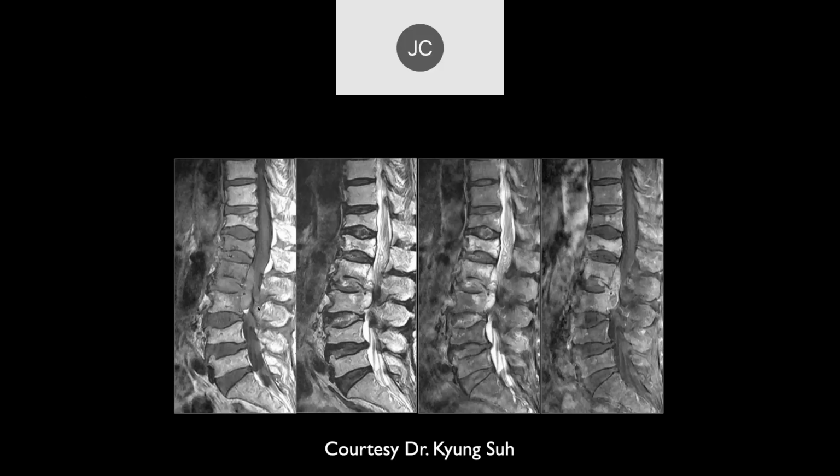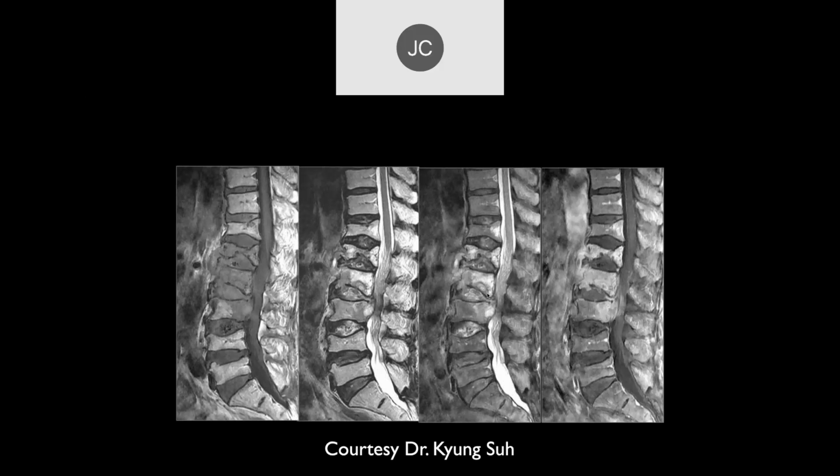You can get more than 2 levels with bacterial type infections, but generally the patients are very sick with just 1 disc and 2 vertebral bodies. So generally, if it's more than 2, you typically think about atypical kinds of things. Because it's maybe more of an indolent, less symptomatic type infection that's more chronic. And then here we can see progression of